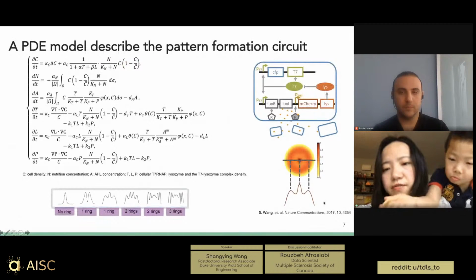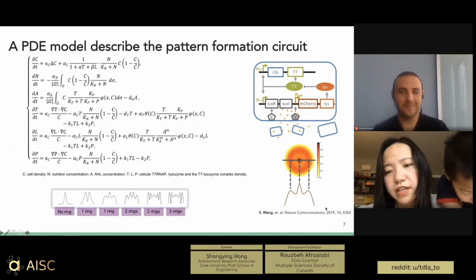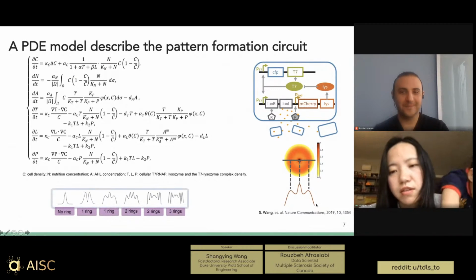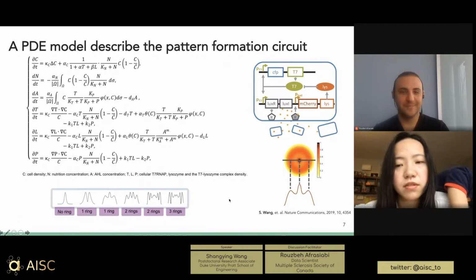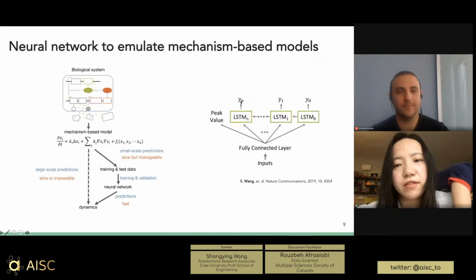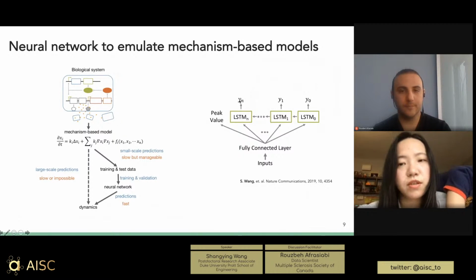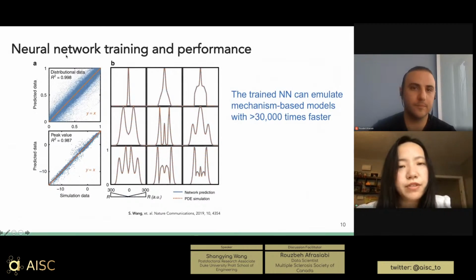For this curve, because it's symmetric, I only need to train half of it. Then I discretize the curve into 500 dots. Each LSTM corresponds to one of the dots and makes its prediction based on the previous few LSTM cells. This is how my neural network works.